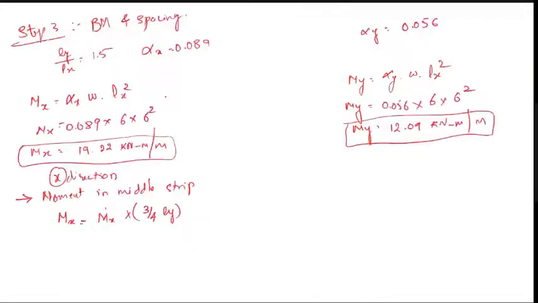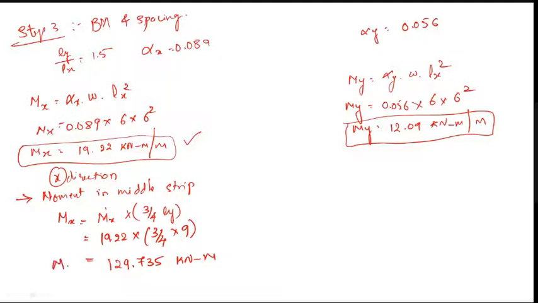Which equals 19.22 multiplied by 3/4 of Ly distance, that is 129 kilonewton meter. Actually it was per meter. What I did was multiply by the width of the middle strip, so I am getting the moment in kilonewton meter. Next,